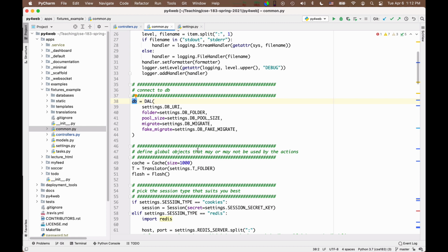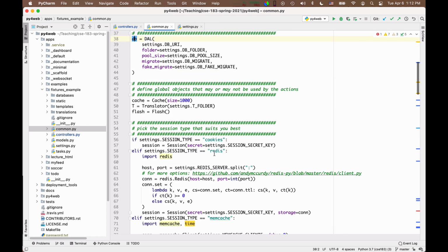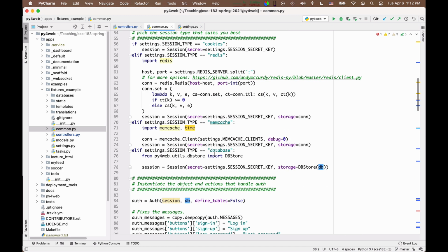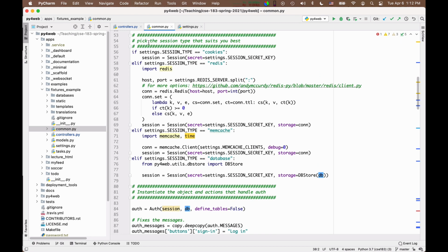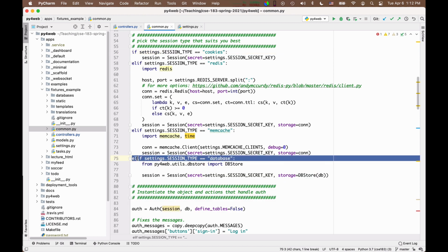Okay, so this is how we created the database object. On the basis of the database object, we also created a session object. The declaration is here in the commons.py, a bit below. It's here. Okay, pick the session type that suits you best. So you need to decide where you want to store the session, and I want to discuss it a moment. I can tell you already though that in this class we will always store the session in the database, which in my opinion is the best choice, but I want to tell you what the other settings mean.